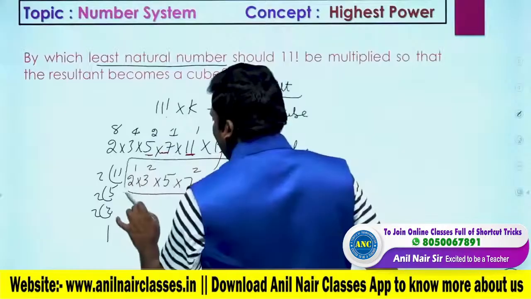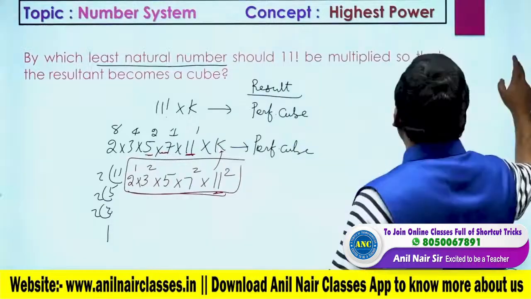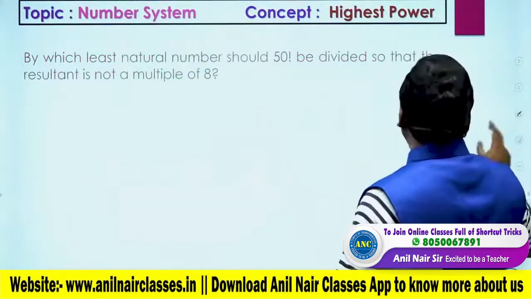Value such that the resultant is a perfect cube. All the questions are based upon this logic only. By which least natural number